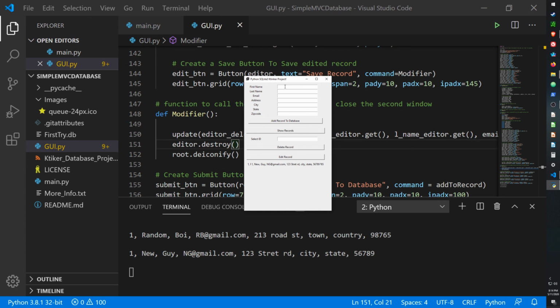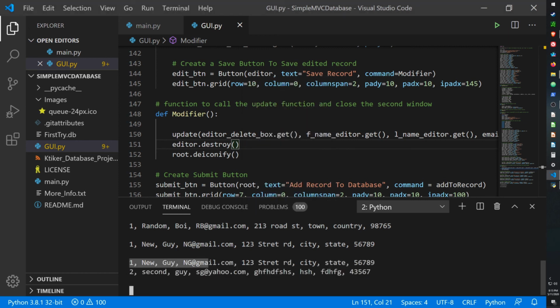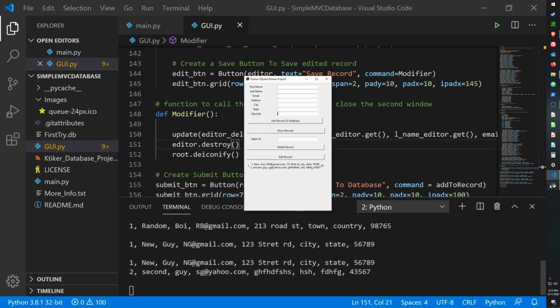Now let's add a second item. Second guy, sg@yahoo.com. Random address, random city, random state, random numbers for the zip code. Add record to database. Now when I show records, we now have the first record still saved in our table, but we now have a second one as well. And it shows here. It's kind of glitched out on the GUI how it shows it. I'm going to have to modify this